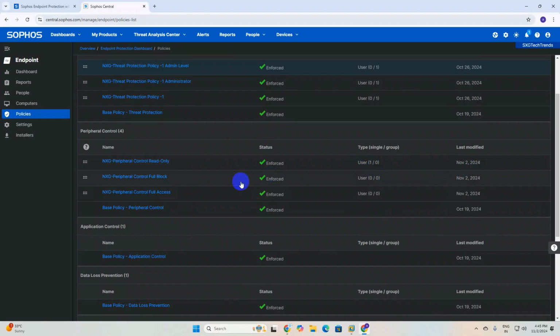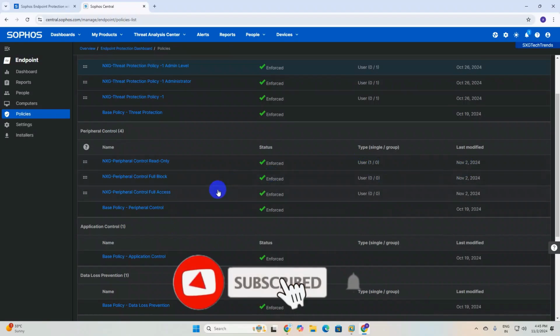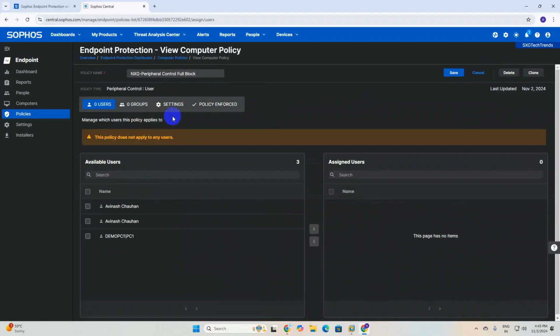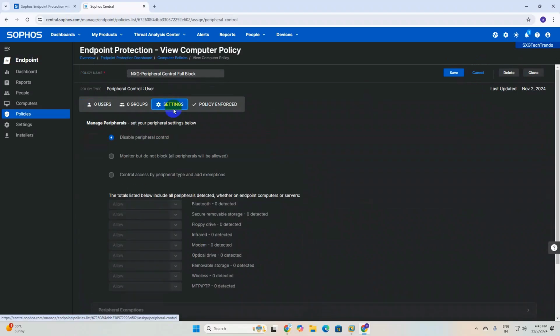Now we move to another. So this is full control block. Click on that policy and go to setting and disable peripheral. Click on this.